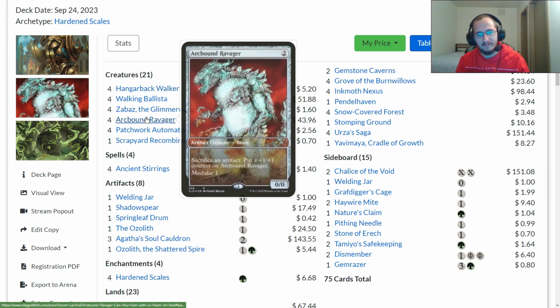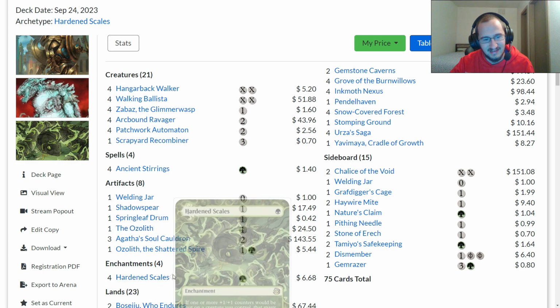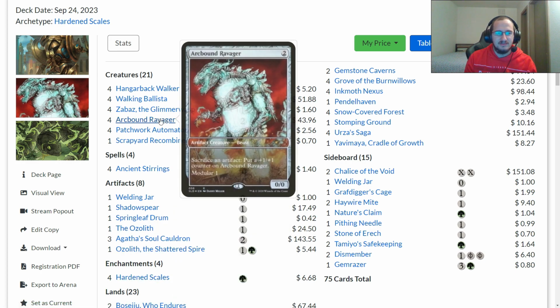As we mentioned, Arcbound Ravager is where this deck can get super crazy in conjunction with an Ozolith and a Hardened Scales. Every time you sacrifice an artifact, you put a +1/+1 counter on the Arcbound Ravager, and you're actually able to sacrifice the Ravager